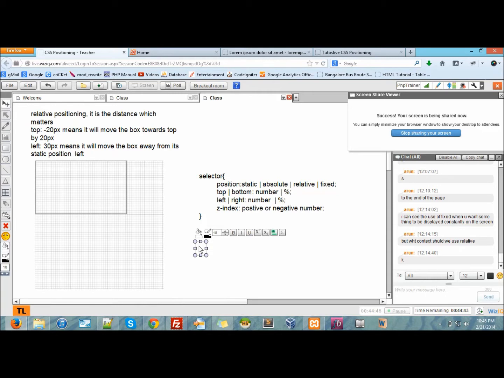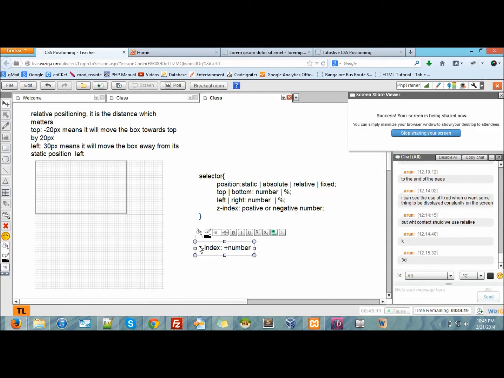Exactly, this is what Z index does. It is the direction facing us. So if I set Z index equal to a positive number, it means 3D, exactly, it means